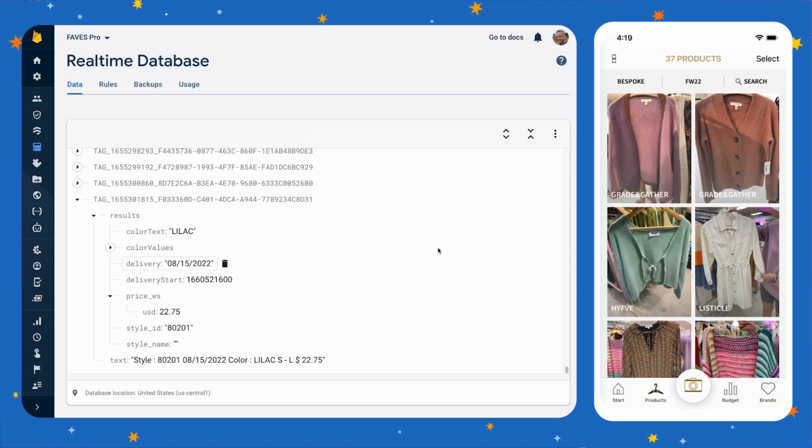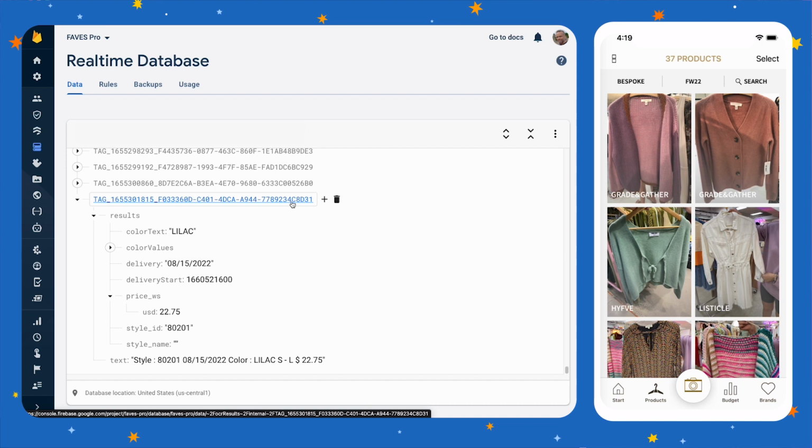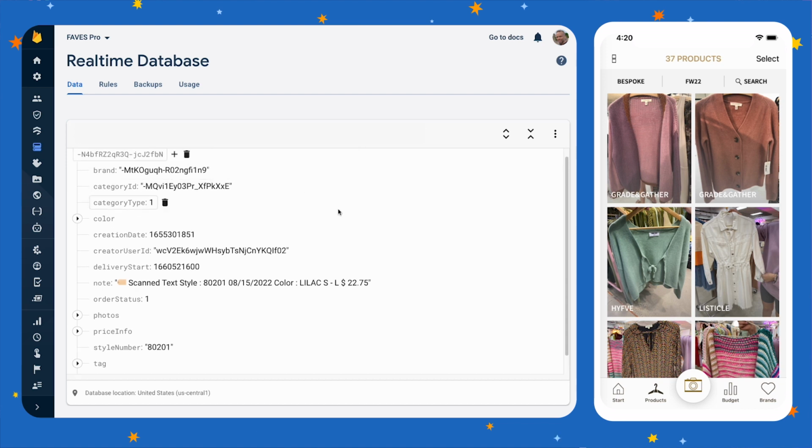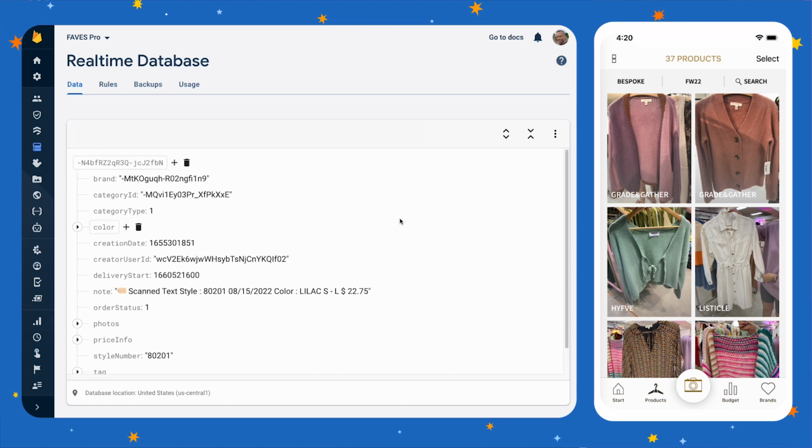And the app, meanwhile, has an observer on that node. So it's immediately notified when there's a write to that database node, and it's recognizing this particular ID because that's the ID of the photo that it dropped in the storage bucket. So then it looks at these results and displays them for the user, and then the user has the opportunity to accept or reject them. And I could show you our analytics on that momentarily. But once those results are accepted, they get pushed into the product record proper. And that's at a different database node